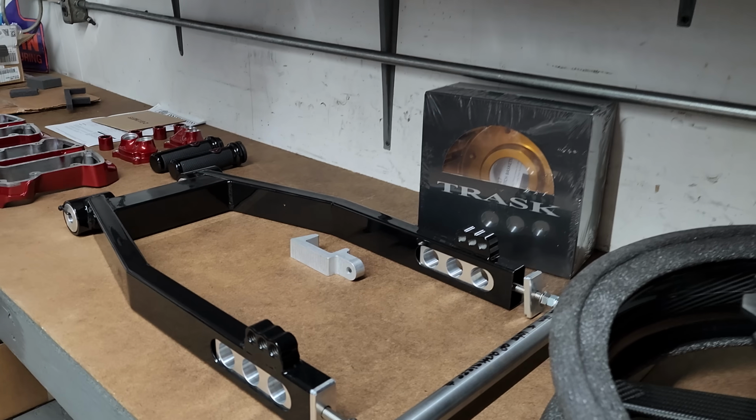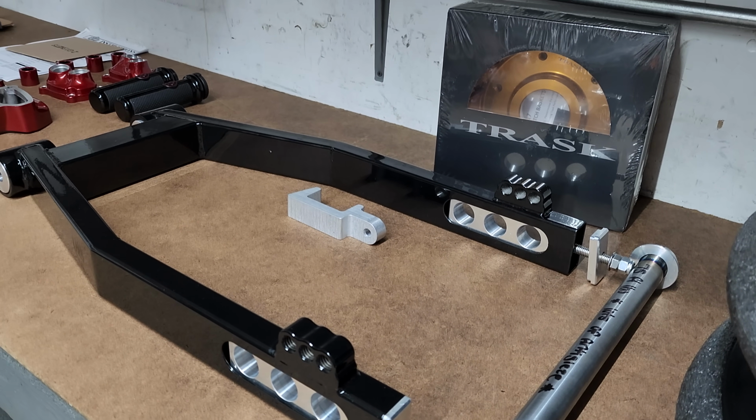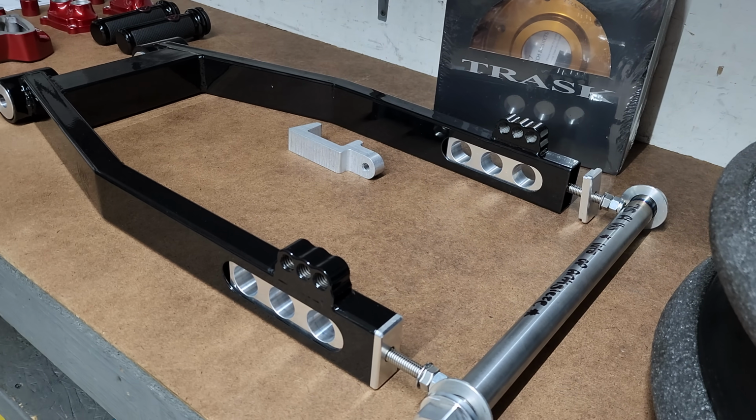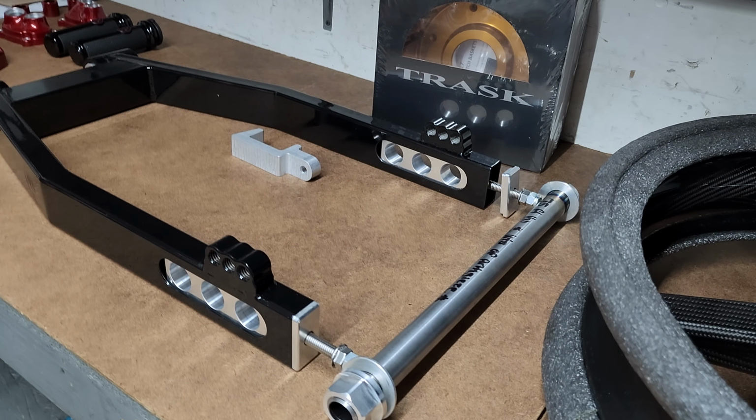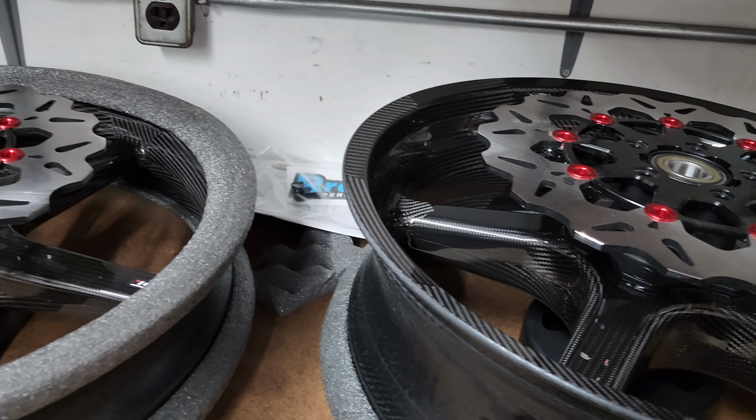What swing arm is this? This is from A1 Cycles. That's his swing arm. That thing is only 12 pounds. Sorry, 12 pounds less than stock. Is that going on a bagger? That's going on the Road King. So you lose 12 pounds there and 12 here? Yeah, 25 pounds between a swing arm and a...